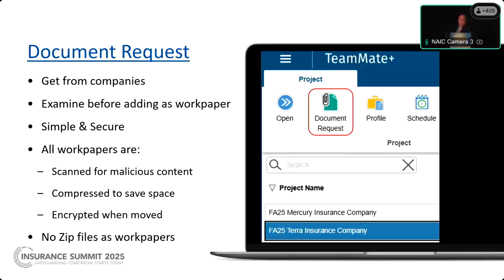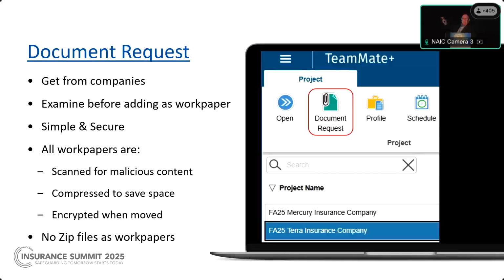It's going to try and scan it, and it's going to try and compress it again. And they say that results in corrupted work papers. Sooner or later, they're going to start corrupting in there. So it's better to not use zip files as work papers. Sounds good, sounds fast, but you're going to have problems sooner or later. Okay,